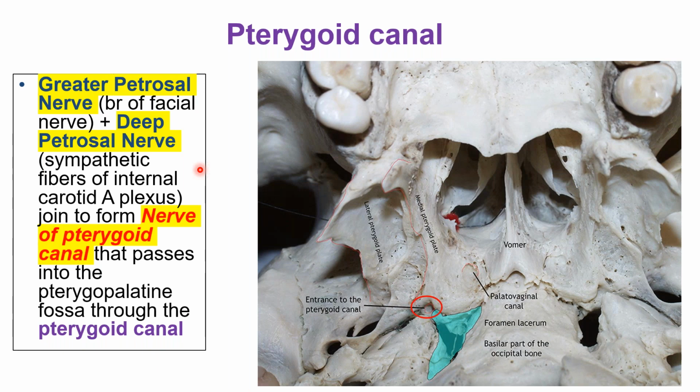Now this part is a little difficult to understand, so we'll reinforce the understanding by looking at the base of skull. This is the base of skull, and you can see this is the hard palate, this is the vomer bone, and this is the undersurface of the base of skull. So we were talking about the pterygoid canal. The rest of the foramina, like the foramen rotundum, are easier to identify, but how do we locate the pterygoid canal? Over here, you can see these are the pterygoid processes, the pterygoid plates.